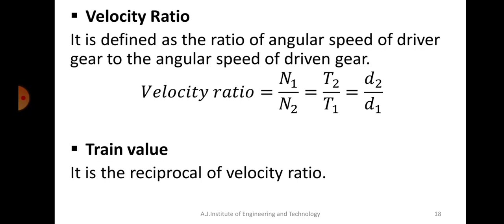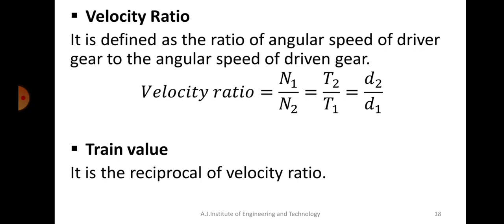If gear A and gear B are of the same size and have the same number of teeth, then the speed will be the same. But if gear A and gear B have different numbers of teeth, then the speed will be different, isn't it? That's understood. If gear A is larger and gear B is smaller, then whatever speed gear A is rotating at, gear B will be rotating much faster than that. Why? Because the size is smaller.